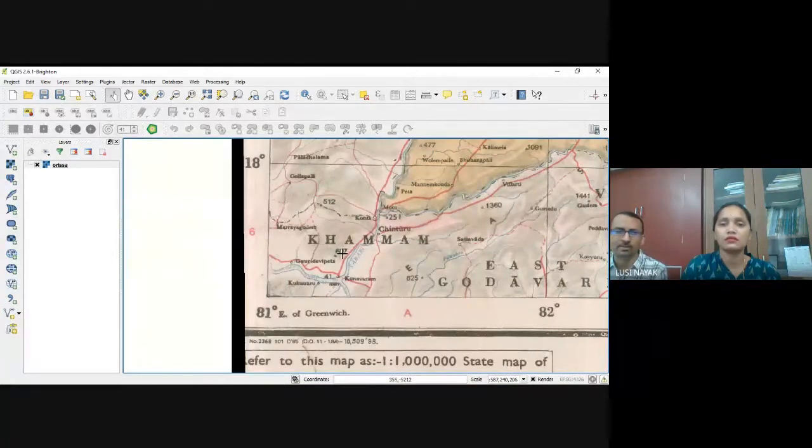Is it visible? Please show the latitude and then the longitude. This is the latitude. Then this is the longitude. So I must get a point for which I know the latitude and longitude. And looking at the location of the cursor, can you know the latitude and longitude for that point?